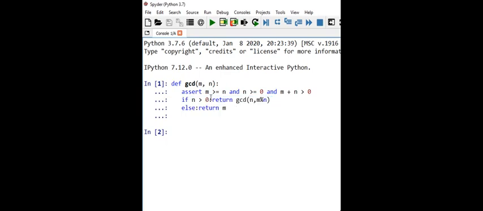Okay, now let's understand this part. If n is greater than 0, then we will call this function recursively, otherwise we are returning m. Why? Because if the condition n greater than 0 is false, that means n is equal to 0. If n is equal to 0, the input is like this, GCD of m comma 0, and we know that GCD of m comma 0 is nothing but m. So at that time we will return m. Otherwise, if n is greater than 0, it's feasible to perform this modulo operation, and we will perform it and call this function recursively. So this is the idea of this.